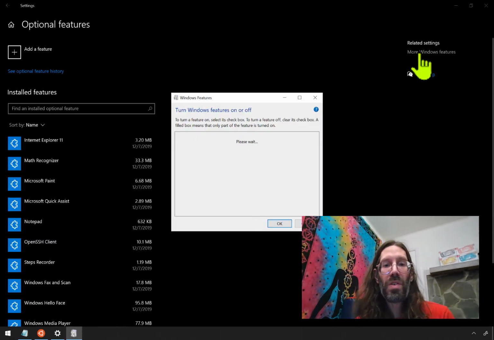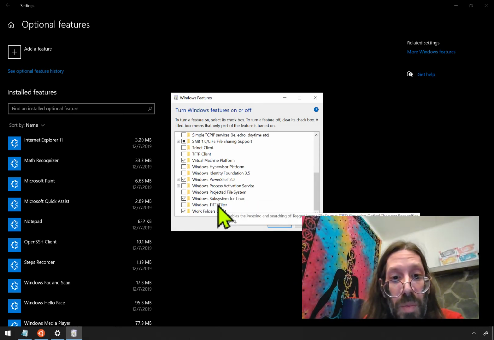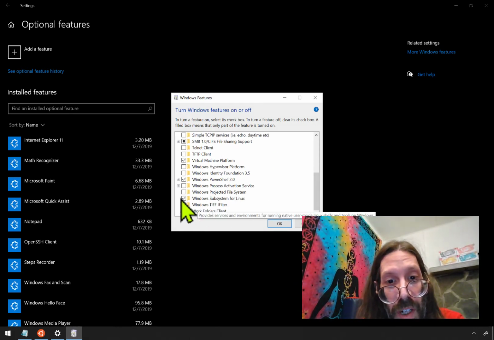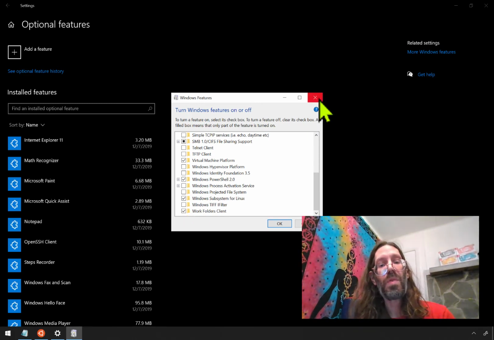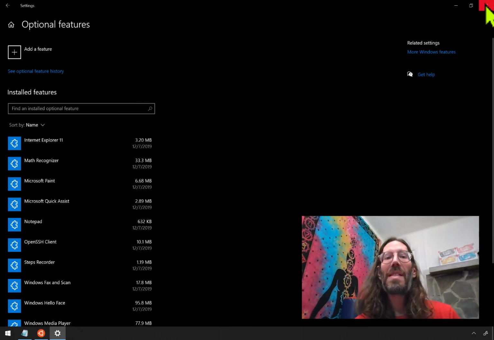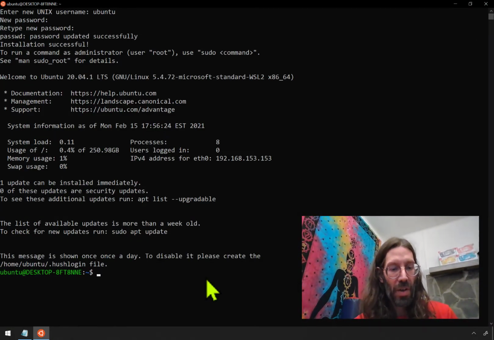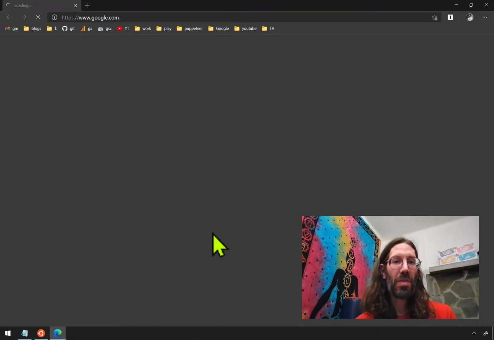More Windows features, and then scrolling down to WSL, Windows Subsystem for Linux, turning that check mark on. That will require your first reboot, and that gets you part of the way there, but then there's a second reboot required because of having to turn on Hypervisor mode, which, as you'll recall,